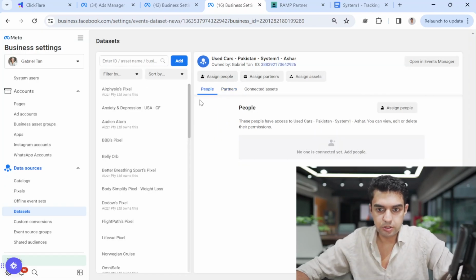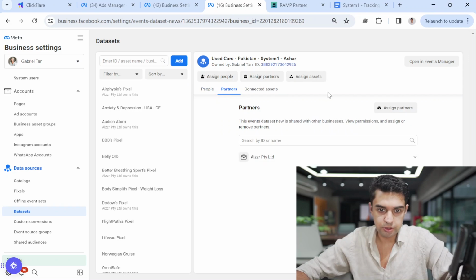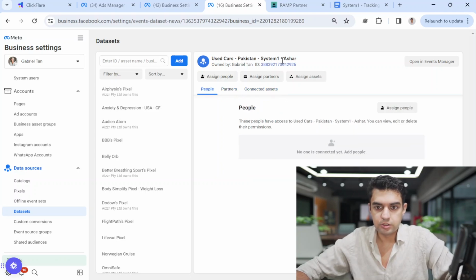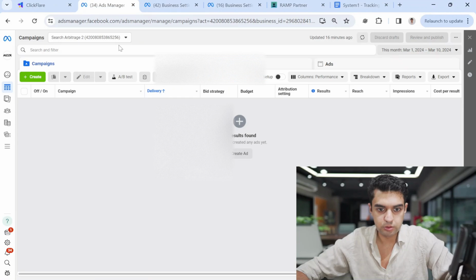You can create a pixel, and if you have a different ad account or business manager, you can share it with your business account like I am doing. So create the pixel, and then you will go to